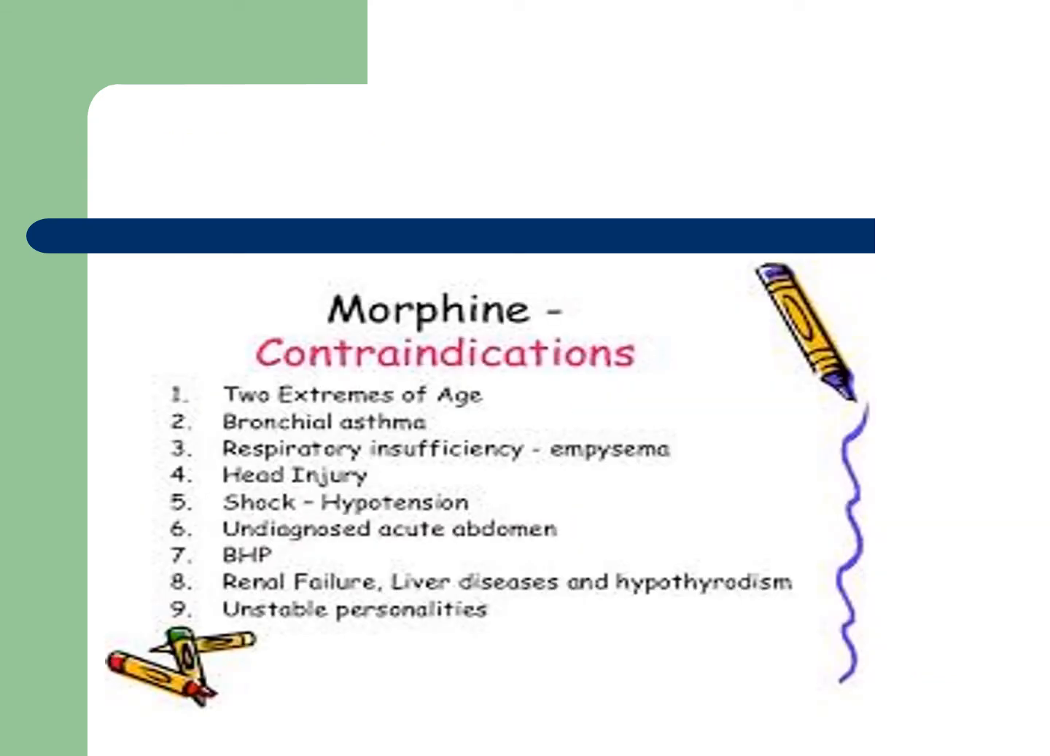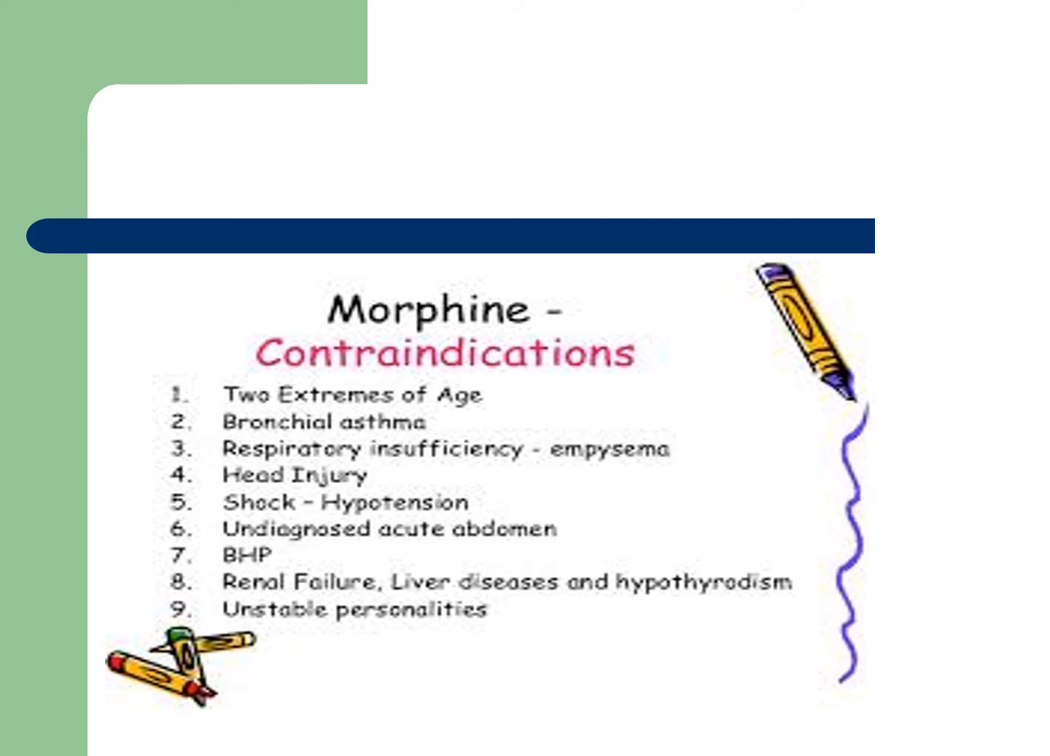Here is a listing of some morphine contraindications. Number 1, extremes of both ages. Basically, if someone's too old or too young, probably under the age of 3, morphine would not be a good choice. Another is bronchial asthma, respiratory insufficiency, especially with patients with emphysema, head injury, someone who's in shock, who has